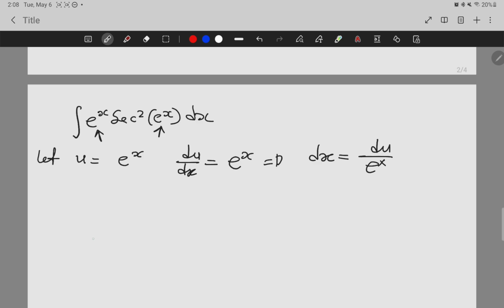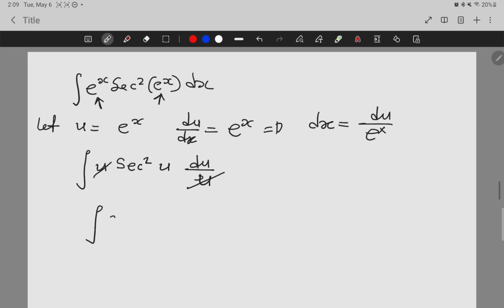So now when we perform our substitution, we're going to have the integral of u, since e to the x is u. So here this becomes u, and then we have sec squared u. And where we have dx, we'll have du over e to the x, that's basically u. This and this will cancel, leaving us with only the integral of sec